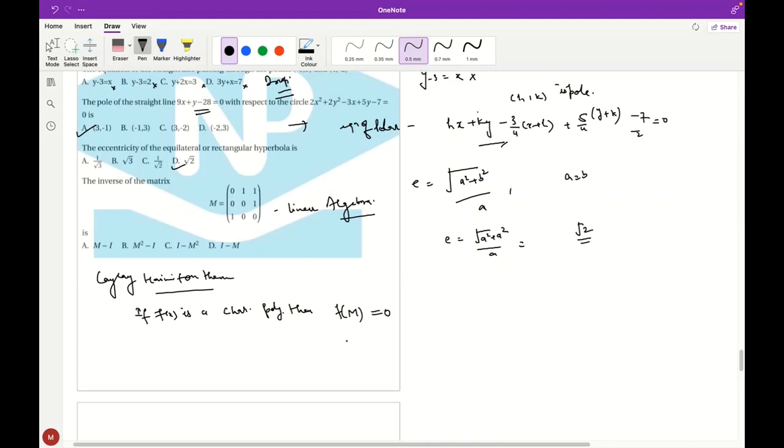So first of all, find the characteristic equation, that is the determinant of M minus lambda I, and we will get lambda